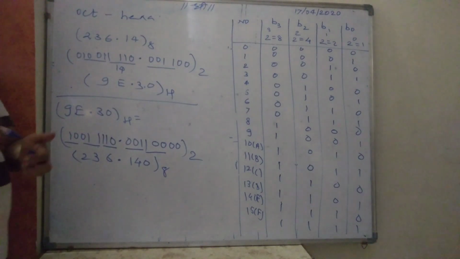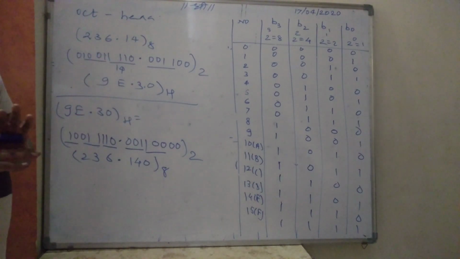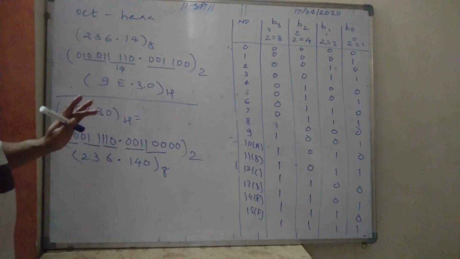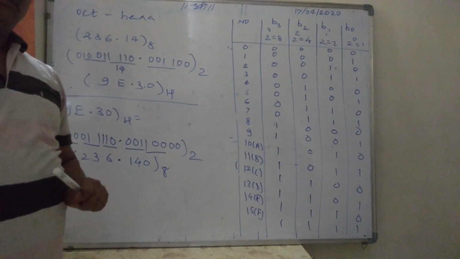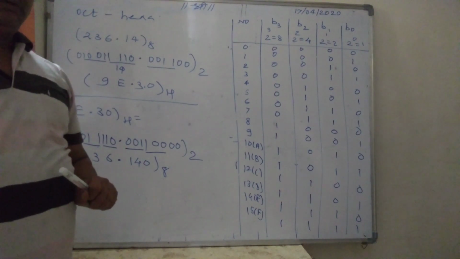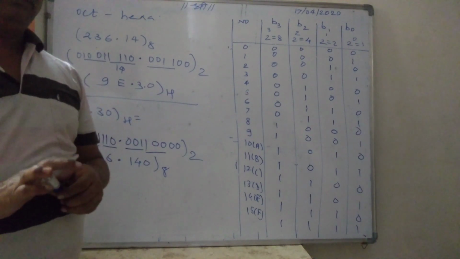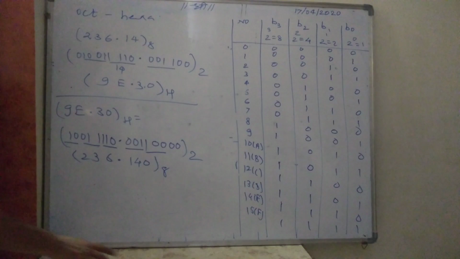So this is the conversion of octal to hexadecimal and hexadecimal to octal. So all the conversions are over. This is about number system conversions. Only one article is remaining: Boolean algebra and simplification of equation. We will cover it in the coming 10 to 15 minutes. Okay.